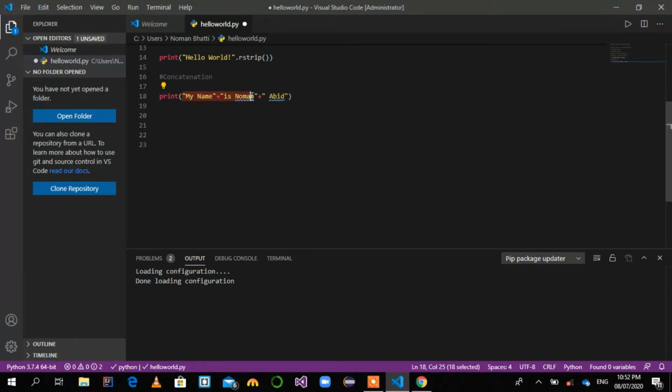Here we use the plus operator to concatenate my name is Numan Abid. Now we are going to check the result in the terminal.